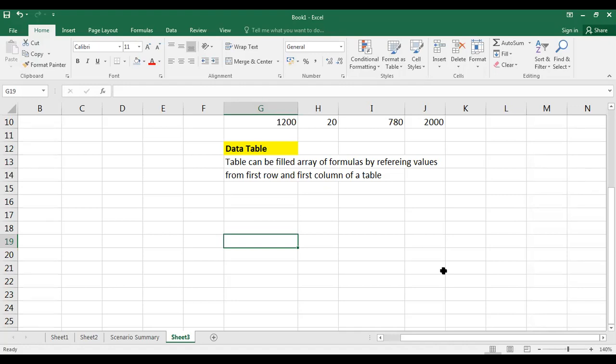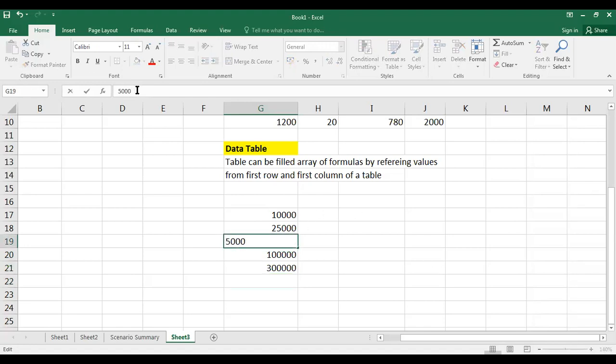Okay, so let us start with a simple example. In the first column I have various amount values, starting from 10,000, 25,000, 50,000, 1 lakh, then 3 lakhs. So like this, I have various values.